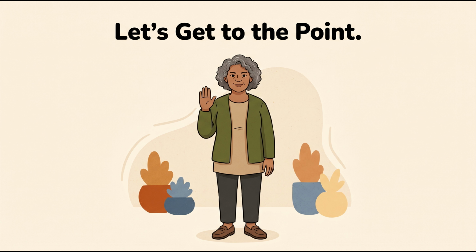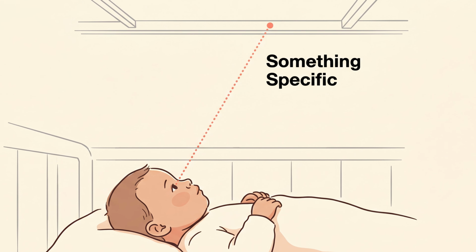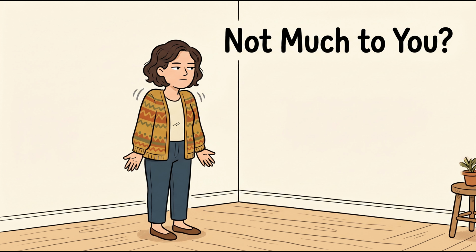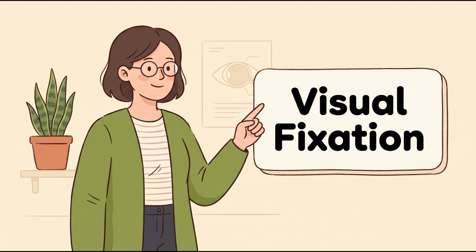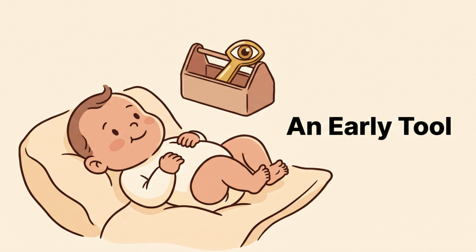Let's get to the point. Your baby's eyes aren't unfocused or blurry. They're actually staring at something very specific, maybe a spot of paint on the wall, a shadow, or the edge where the ceiling and wall meet. It may not seem like much to you, but to your baby's little brain, it's the most interesting thing in the room right now. Researchers call this visual fixation, and it's one of the earliest tools a baby's brain has